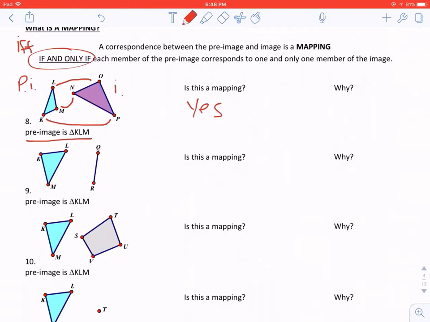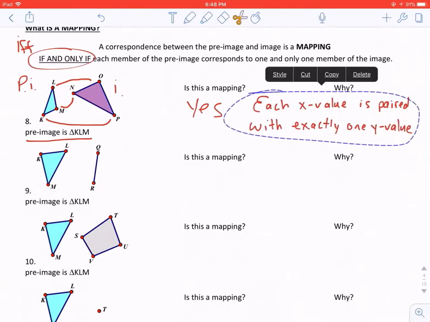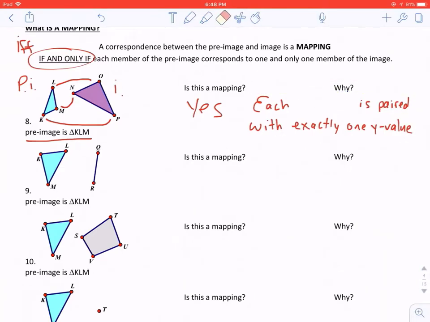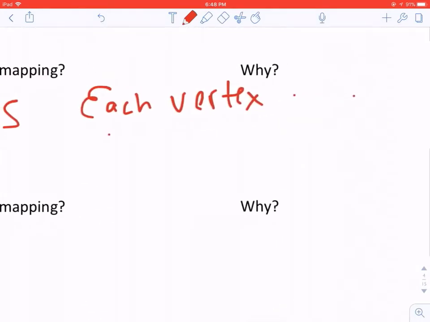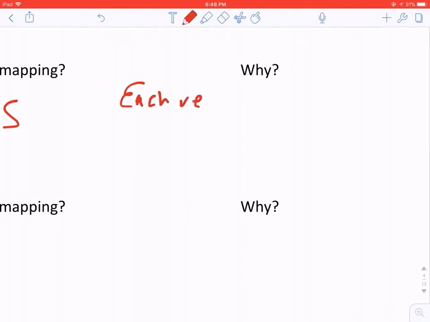So here's our explanation why. I'm going to take the explanation from the previous page and change it. Instead of saying each x value, I'm going to say each vertex of the preimage. Actually, let me erase this. Let's start over. Each vertex is where two of the segments come together, where they intersect. Each vertex of the preimage